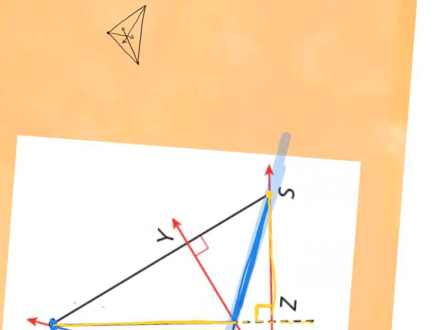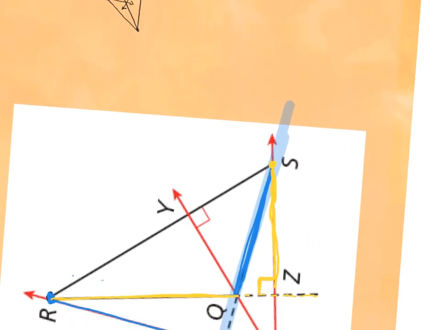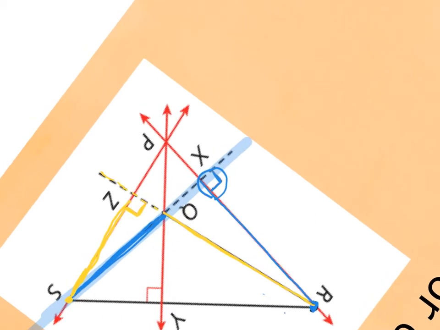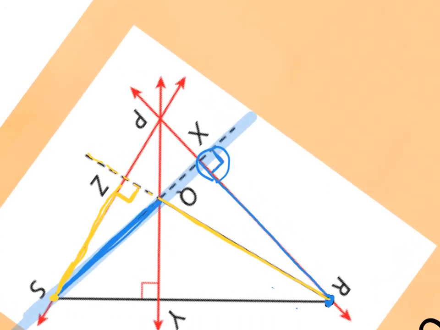Okay, I'm only looking at the yellow. Forget about the blue. We did the blue. We made a blue altitude. Now we're making a yellow altitude. It is this piece right here. We have 2 of the 3 altitudes. To get the third altitude, I'm going to need to go to the vertex that I haven't used yet. I've used 2. There's one more. I'm going to put it on top just so I can look at it. Where that blue and yellow line meet up, that is my third vertex. Right there. And I'm going to go to the opposite side and make